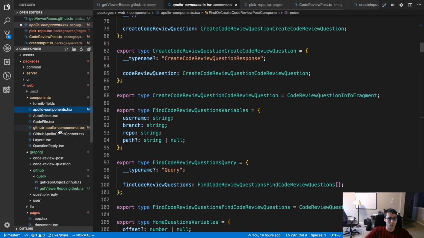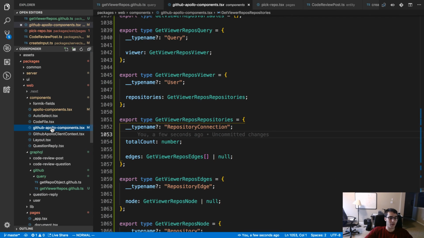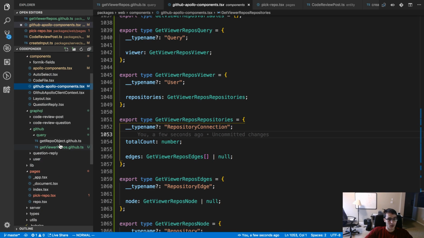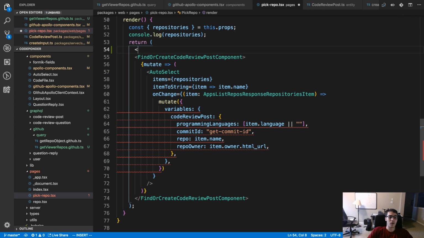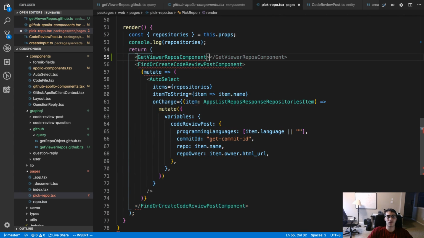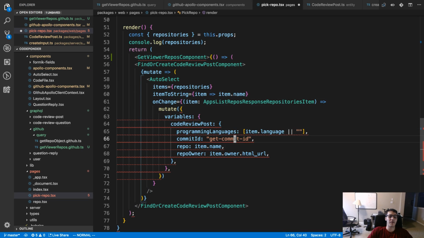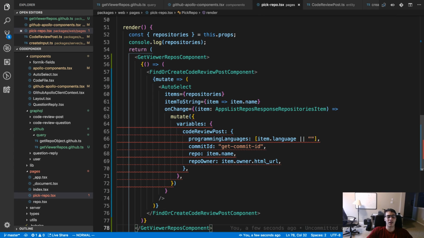We also are storing it in GitHub Apollo components. Alright, so now we have a nice nesting. I think this is the first time I've nested in this project. We have 2 rendered props that are nested.